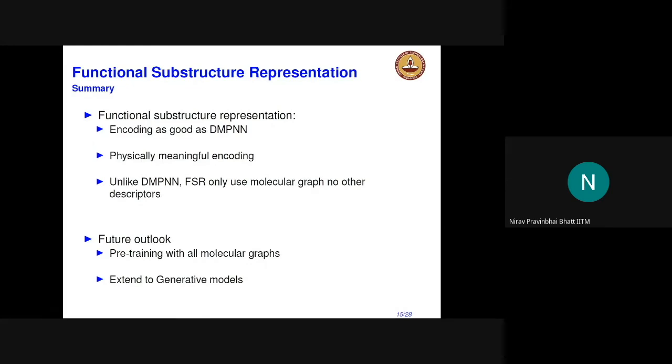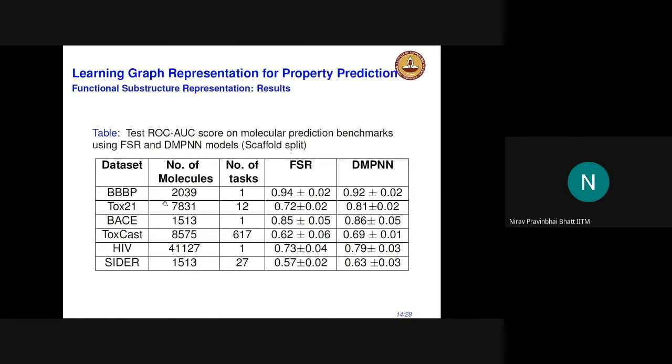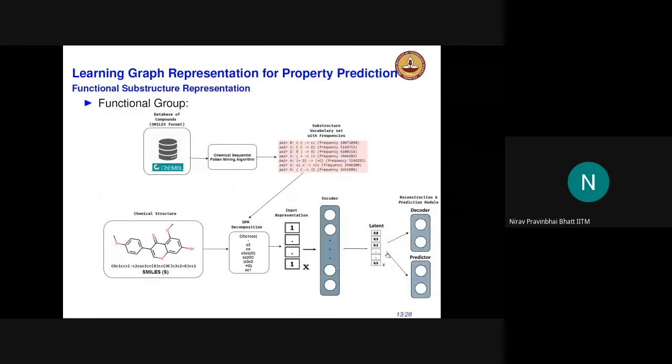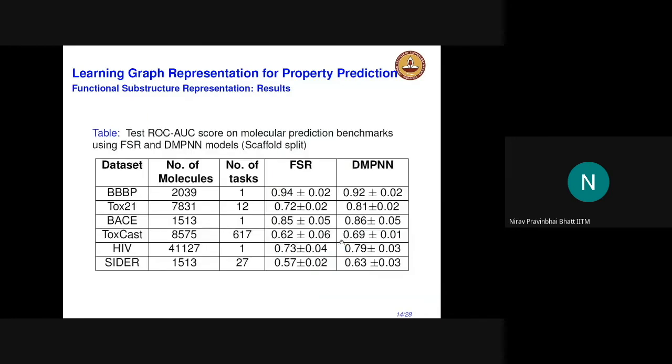Other things which we have not done is we have actually built this model on a case-by-case basis. In other words, when I did this training, this training is done for each data set. I did it for this data set, this data set, this data set individually.